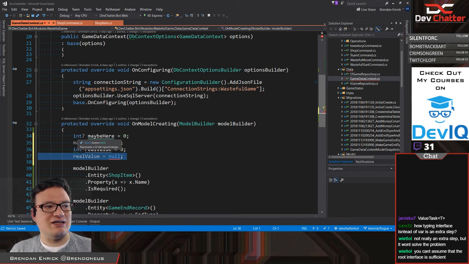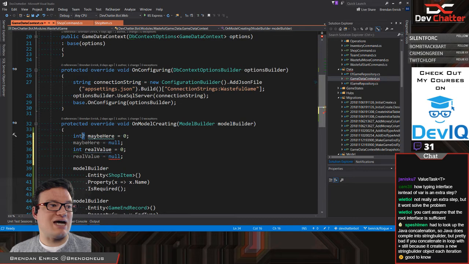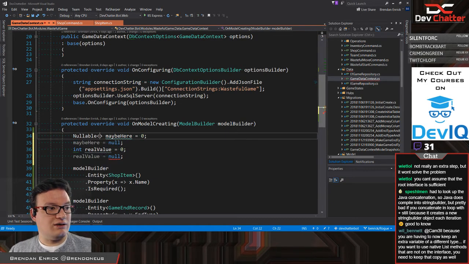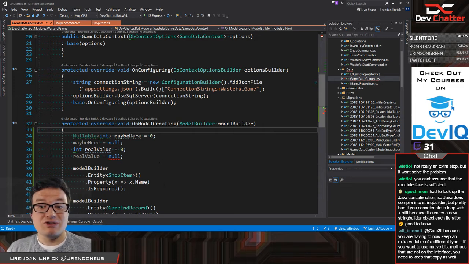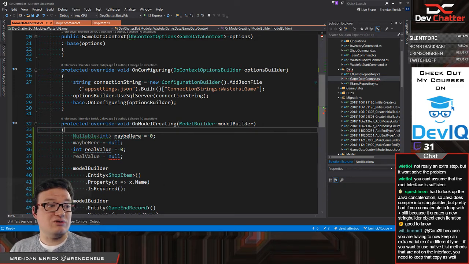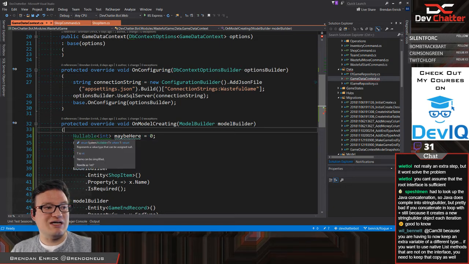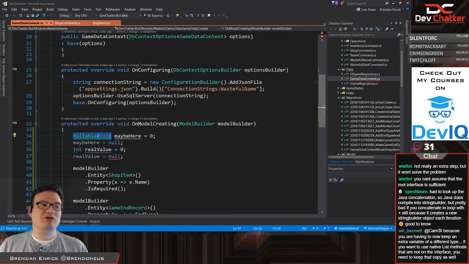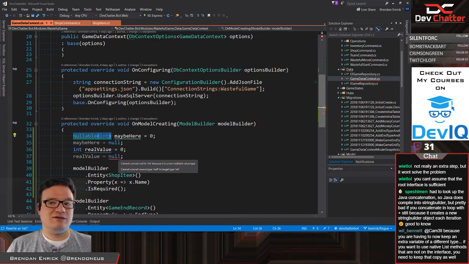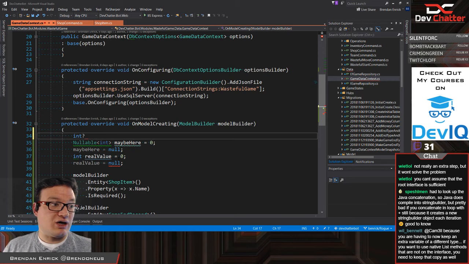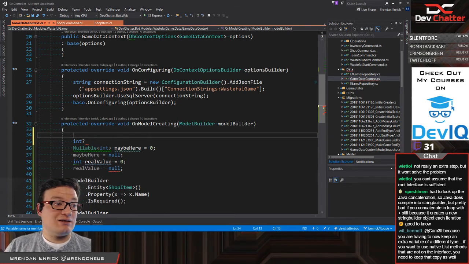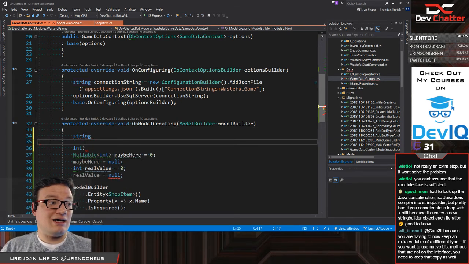What's actually the lie here is that this is not the type of this object. So Visual Studio is lying to me, because this type is actually nullable int. That's what's hidden from you. When you use that question mark syntax, you miss the fact that what you really did was make a nullable int and didn't realize it. So nullable int is int question mark, in the same way that string and string